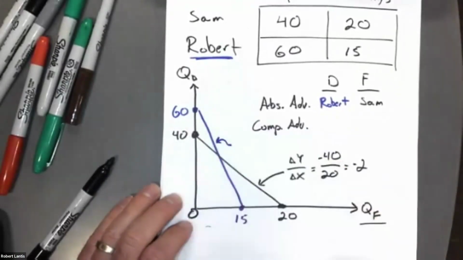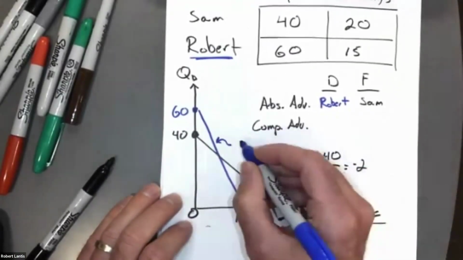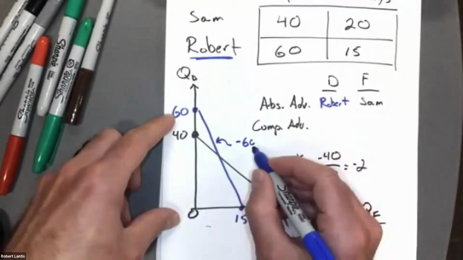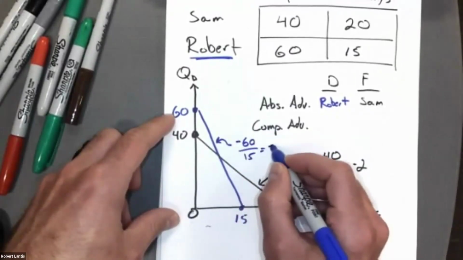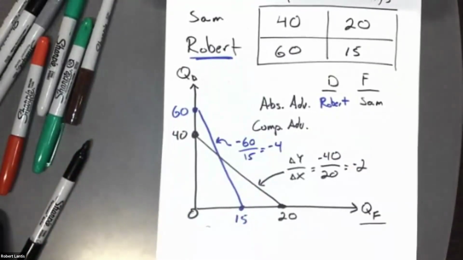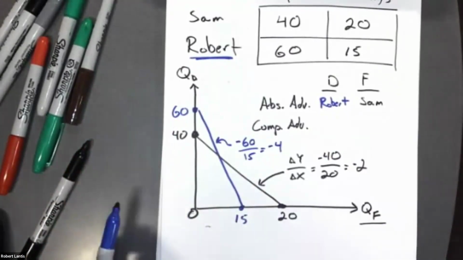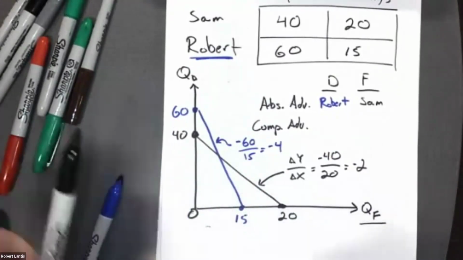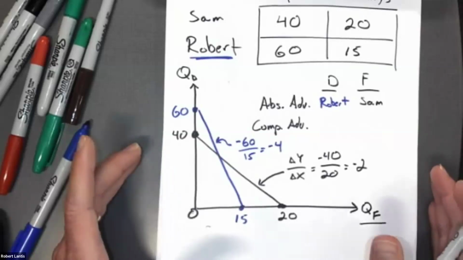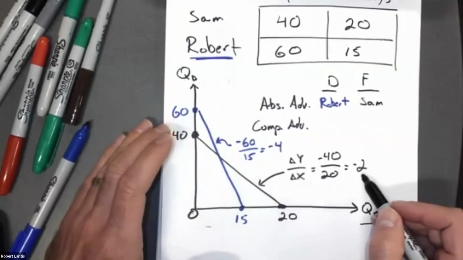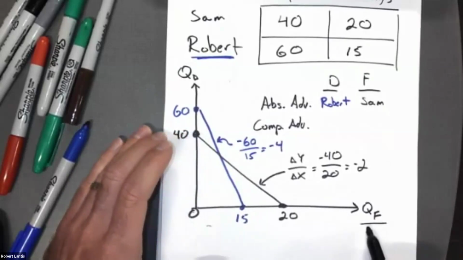Slope for our other individual in our economy has what? -60 over 15 or -4. So remember, when we calculate these slopes, they will be negative. But when we're looking at these values, they represent costs. So costs are inherently negative. So really the cost to this x-axis good